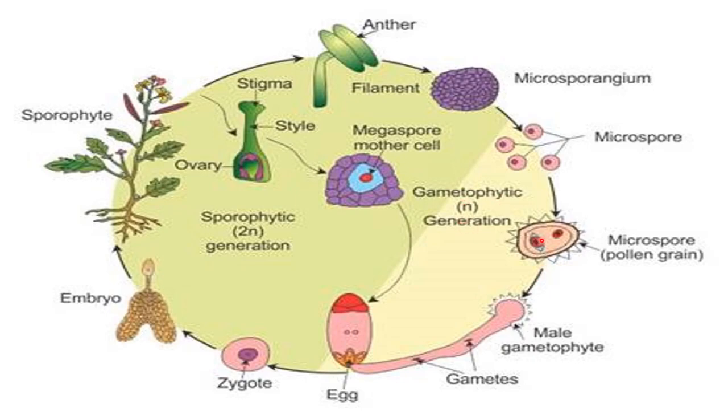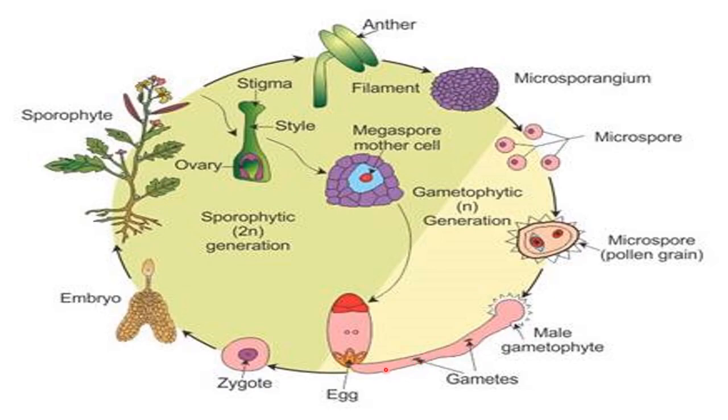Now what happened? When these pollen grains land on the stigma of the female flower, the pollen tube arises. Here you can see this pollen grain, and this is the pollen tube developing from the pollen grain. Inside the pollen grain you can see two male gametes are present. You need to make this diagram of the pollen grain as well, showing the male gametes present inside it. These male gametes will move into the pollen tube.